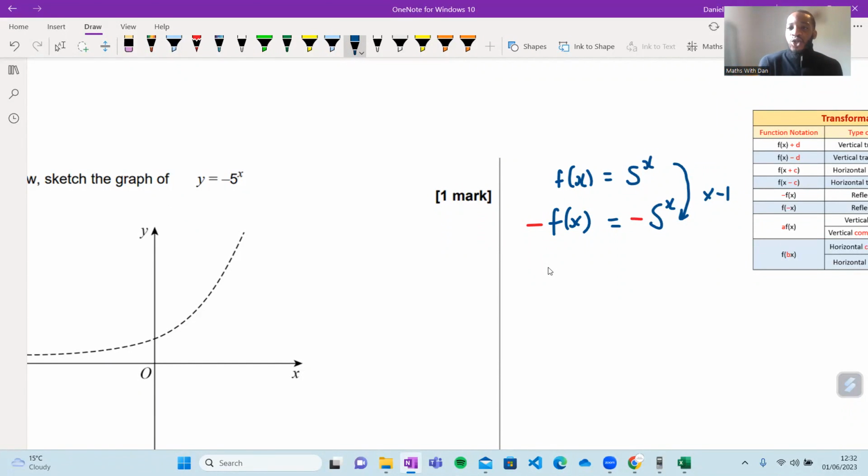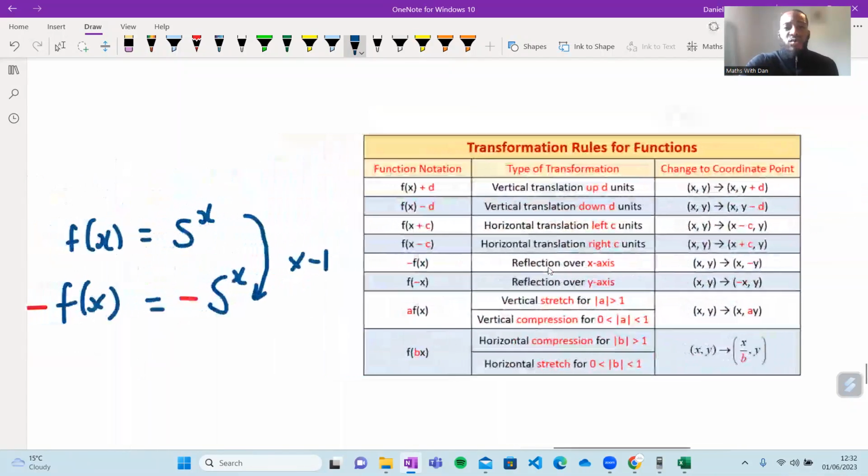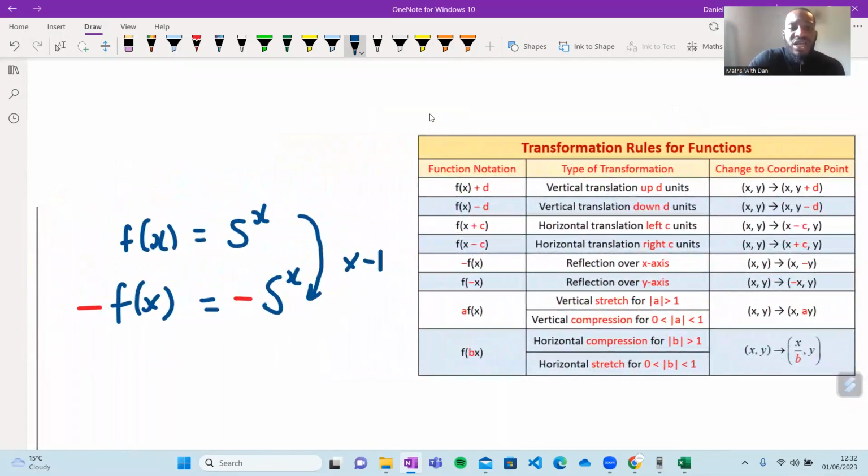Now I've written it in function notation, I'll go to my table. I'm going to label this 1 to 6, guys: 1, 2, 3, 4, 5, and 6. Can somebody tell me which rule the question is, which one of these 1 to 6? Exactly. Thank you very much, Naya. It's clearly number 5. The minus is on the outside.